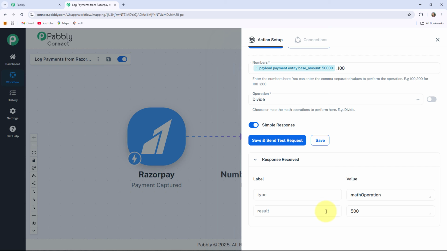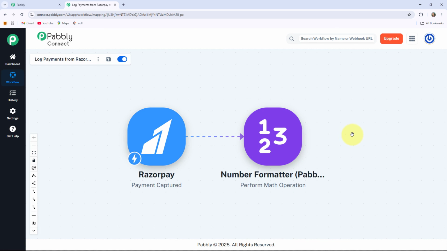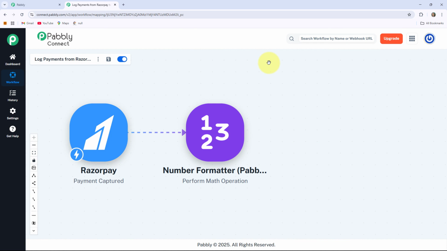Here you can see we have got the positive response. See, we have received the accurate value of our product. After that you have to click on this save button. It will be saved. Now the next application I'll take as Google Sheet, as I want to store my users' leads